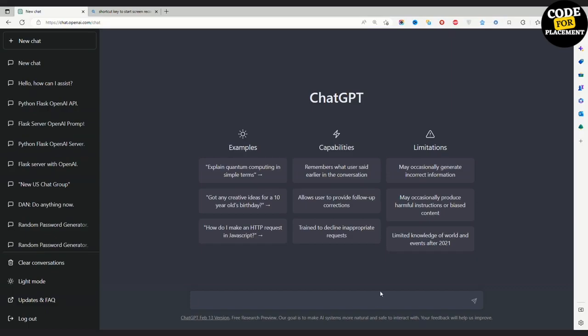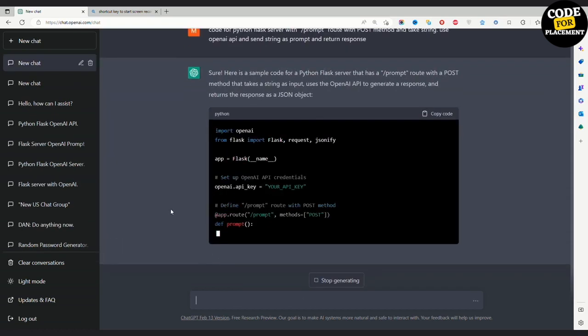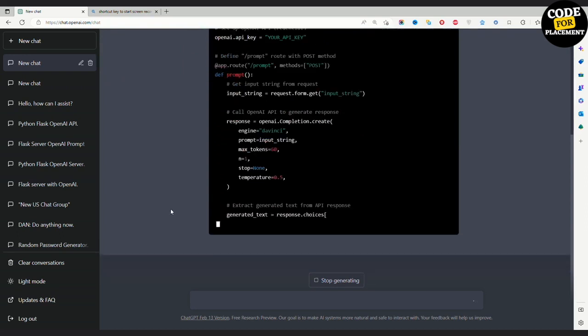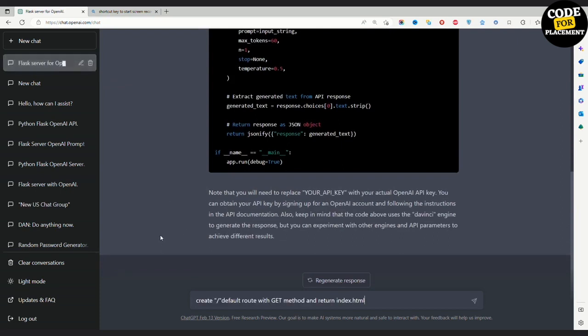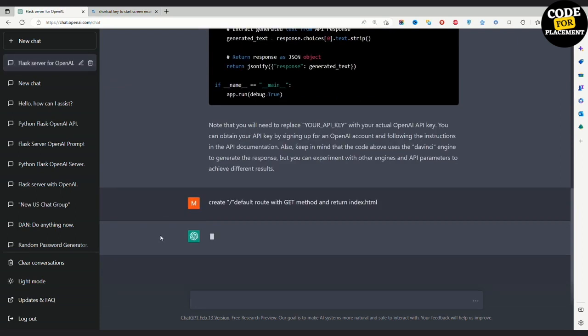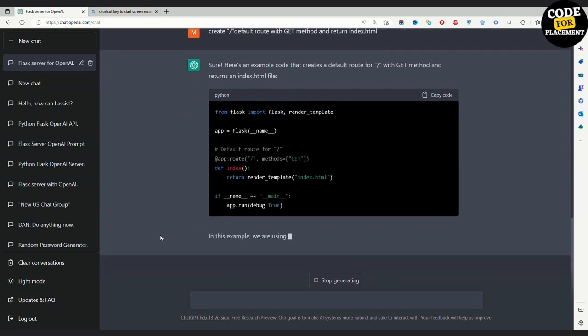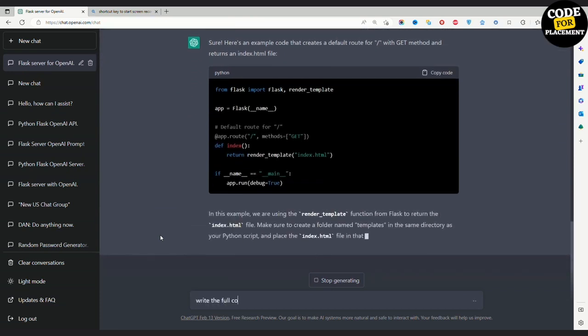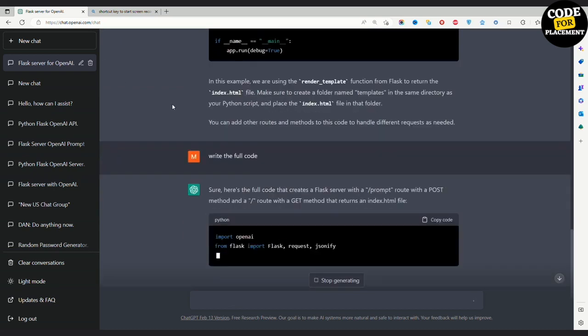So for creating this, I am going to give a command to ChatGPT to generate a code of the Python Flask server with a slash prompt route using the POST method to take the string and use the OpenAI API to send the string and the prompt response to ChatGPT and generate the code. Exactly, I typed that, and next I am getting the code for that, and then I can ask ChatGPT to write the full code for the